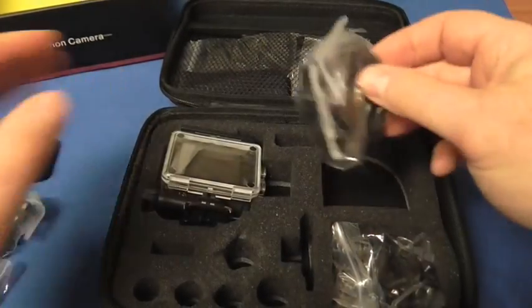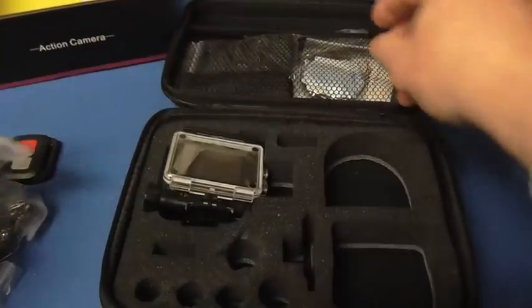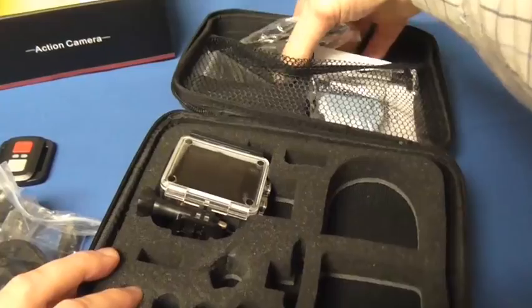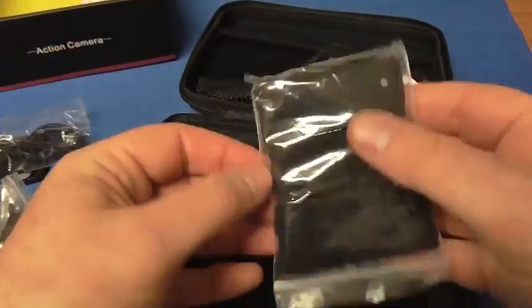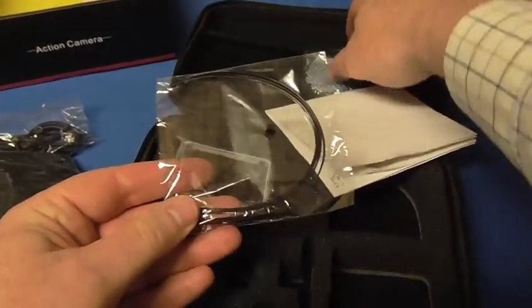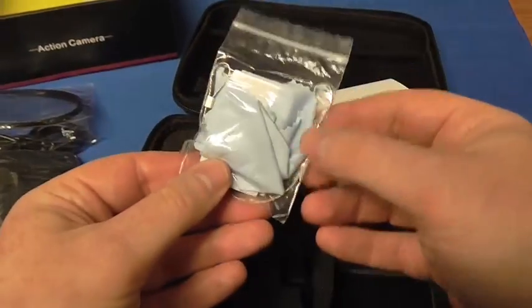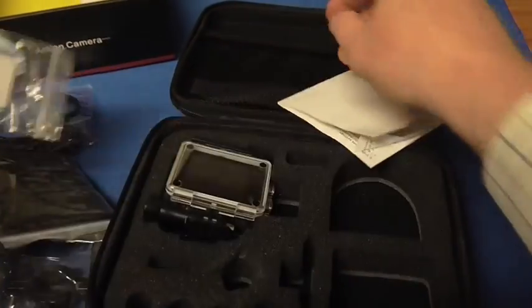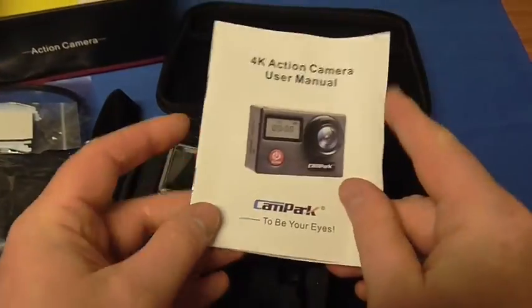More clips, connectors, base plates, that's your handlebar attachment. Even more in here, you've got your charging cable, some straps, Velcro straps, some tabs or some plastic connectors. You've got a metal connector, cloth, some sticky pads, another connector, strap, and a good set